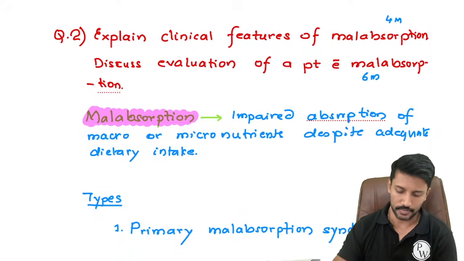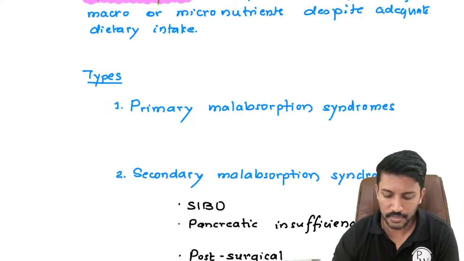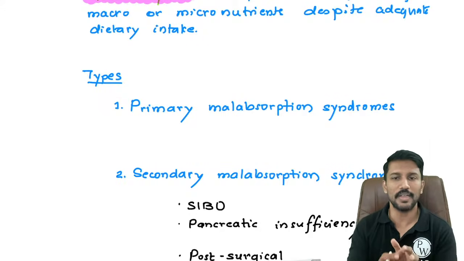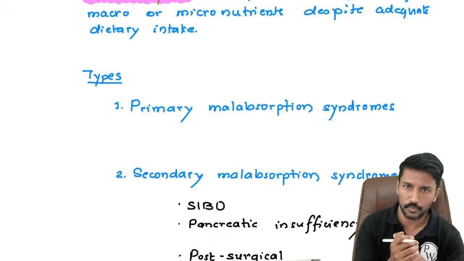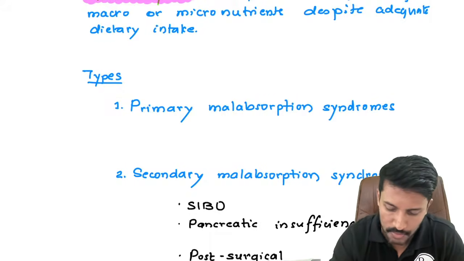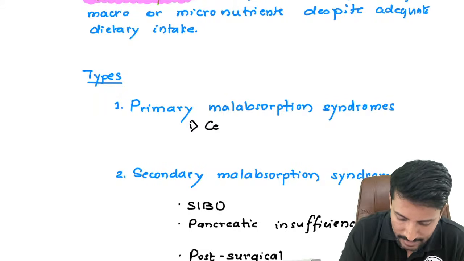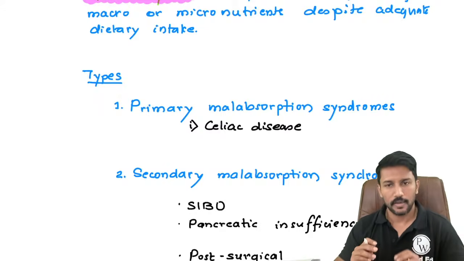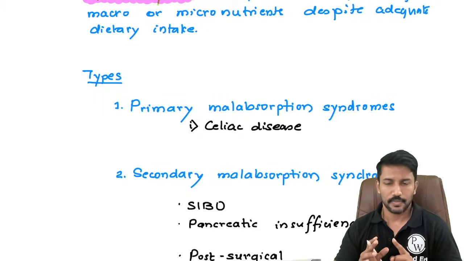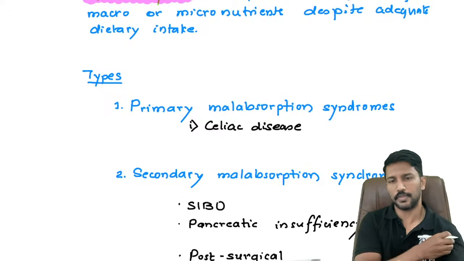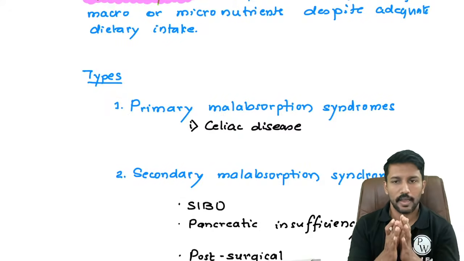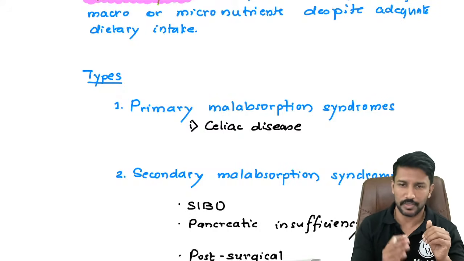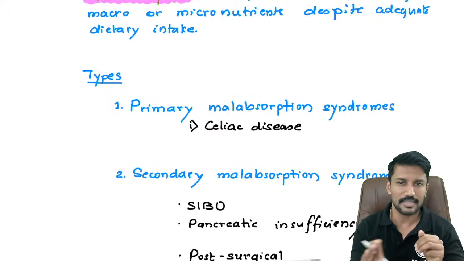The patient is not eating sufficient, and that is why he is having deficiency of the nutrients. It is malnutrition. Now, how many types of malabsorption we have? We have primary malabsorption syndromes, secondary malabsorption syndrome, and inherited or congenital malabsorption syndrome. Now, what comes under primary malabsorption syndromes? 1. Celiac disease. So, in celiac disease, the disease is affecting your duodenum and some extended part of the small intestine, and because a reasonable number of nutrients get absorbed there, it is causing malabsorption apart from some flatulence related symptoms.